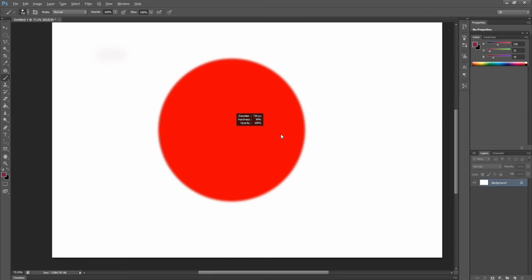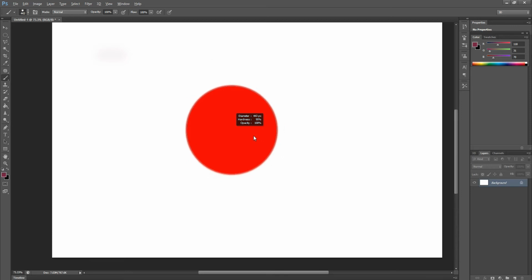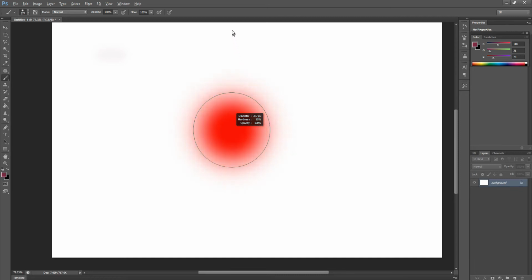It's also shown here, opacity and hardness. We can increase and decrease the hardness also. When we move our mouse up, our brush is going to be softer and softer. When we move our cursor down, the hardness is increased to 100%.